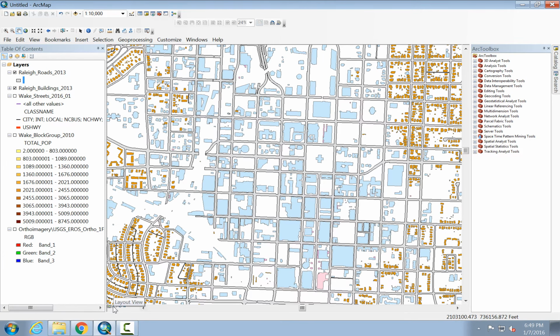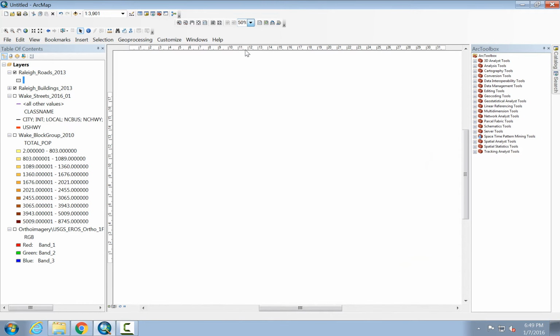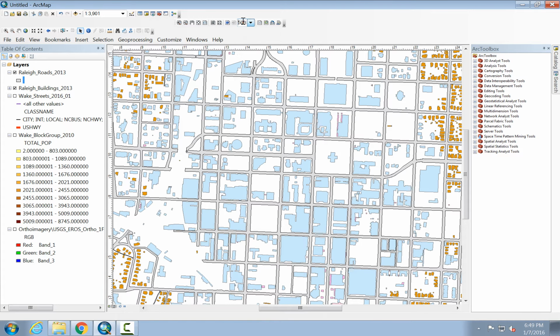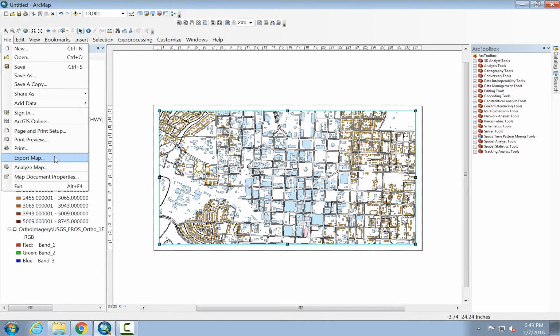Okay, so I'm going to go to the layout view, and now we're on paper space. We still have the map scale, and you'll also see up there there's a percentage. That's the size of the paper space on the screen. Like in other programs you're familiar with, if you want to change the paper size, you're going to change the page and print settings. So go to File, Page and Print Setup,